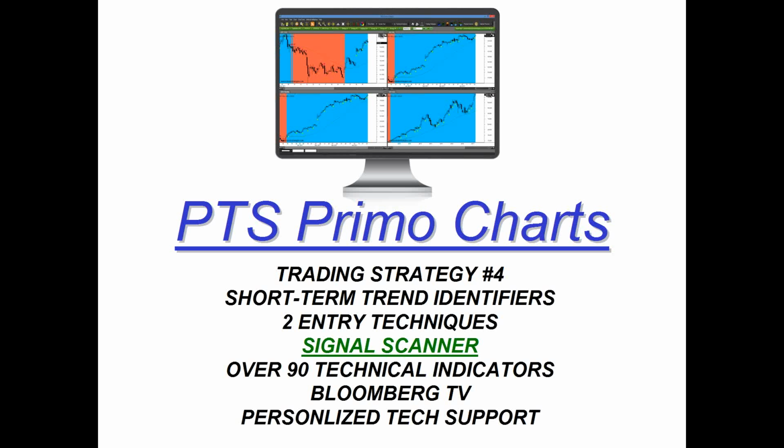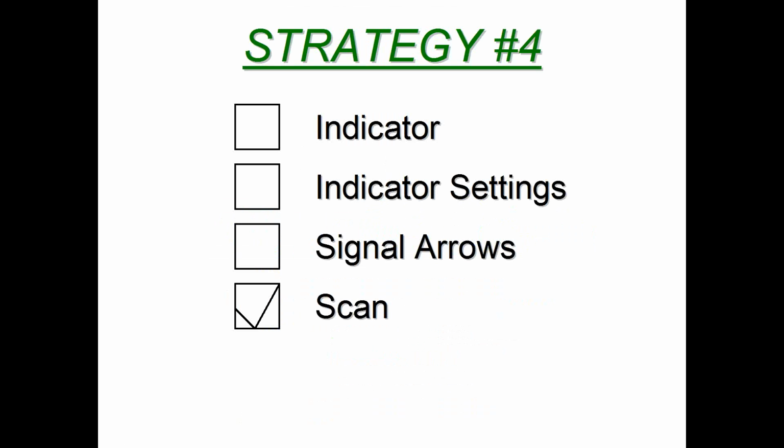So let me show you how easy it is. I worked on this with Pro Trader Strategies just so that it could take you under a minute or two to scan each night for all the signals you want to see. Scanning shouldn't take 2 hours. It should take maybe a minute, and then you spend time looking at the different charts that you're interested in. This is how simple it would be. Let's say you're looking at a chart, and you're obviously trading strategy number 4. Well, in that drop-down menu, remember you have the signal arrows and the indicator.